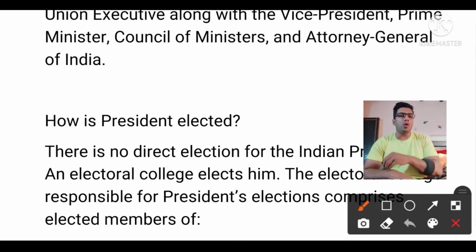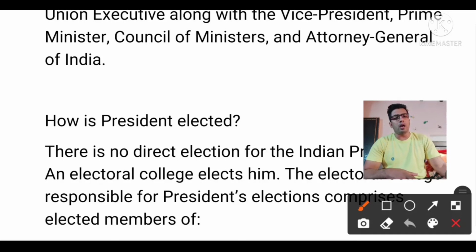and he kept the bill in his pocket, or kept it lying on his table, because there is nothing mentioned in the constitution regarding how much time the president has to act on that bill. This is the pocket veto power. And then, at that point of time, another president came into existence, and Venkataraman sent the bill back to the VP Singh government. By that time the government had changed, and the VP Singh government struck down this bill, and it did not come into existence. This is the pocket veto.